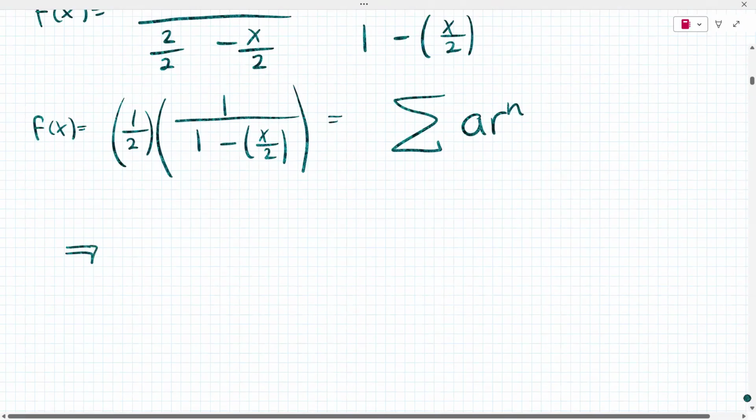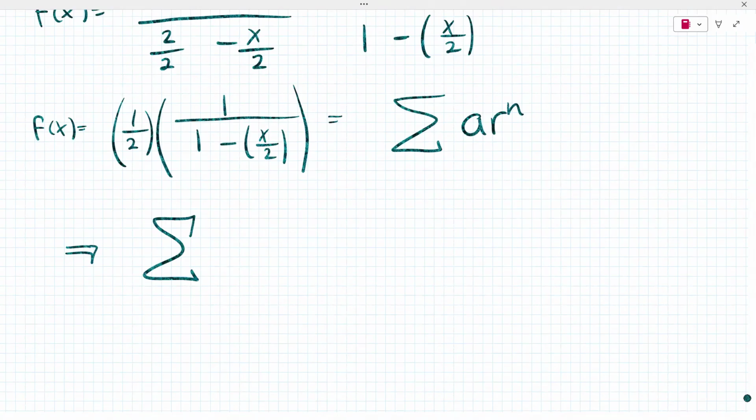Then you can say one of your final answers could be expressed as the summation of n equals 0 to infinity of 1/2 times x over 2. So yeah, it's x over 2 because, if you recall,